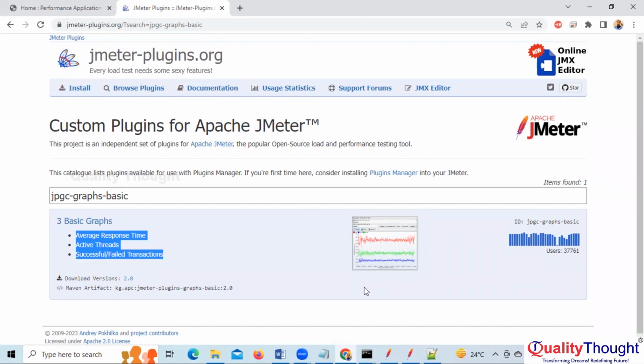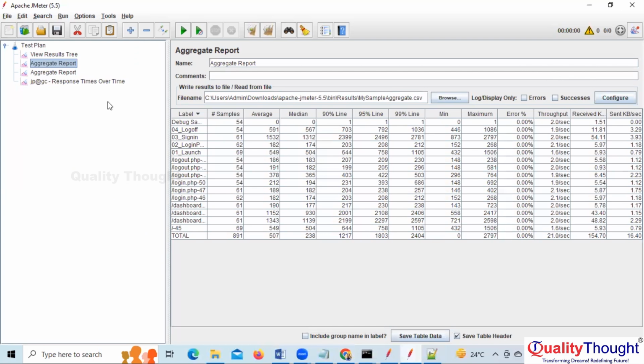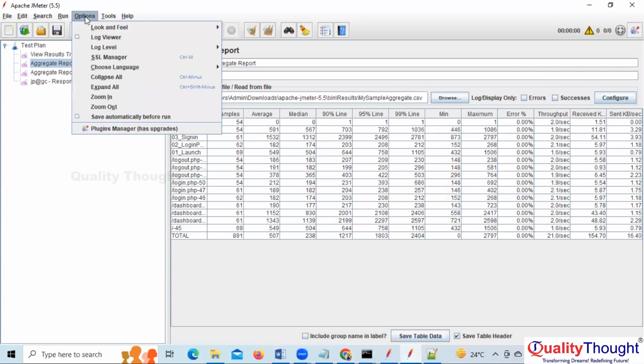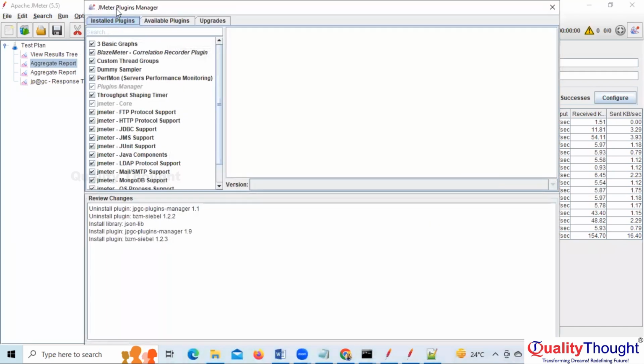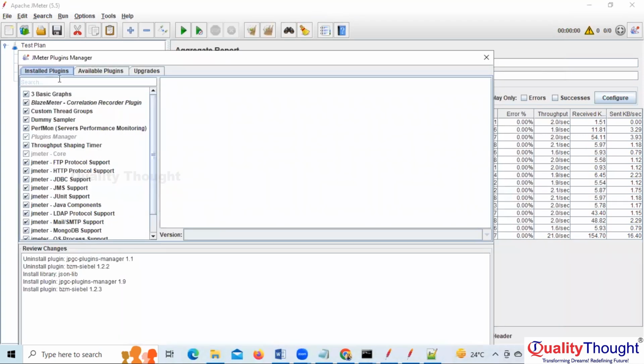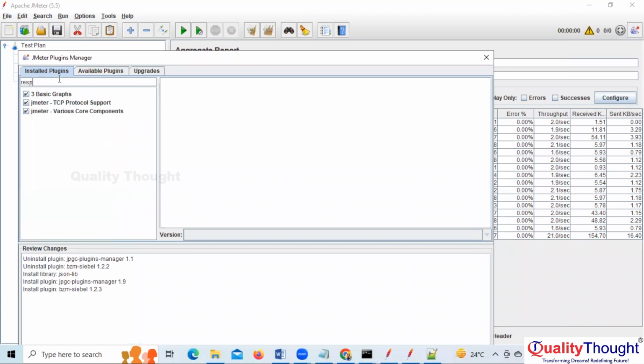That is one way. And another way is to add this using plugins manager. You have something called plugins manager in Jmeter. Under options, you have this plugins manager. If you open this plugins manager, see, here is where you will see all your plugins, right? If you type response times or something here, you'll get